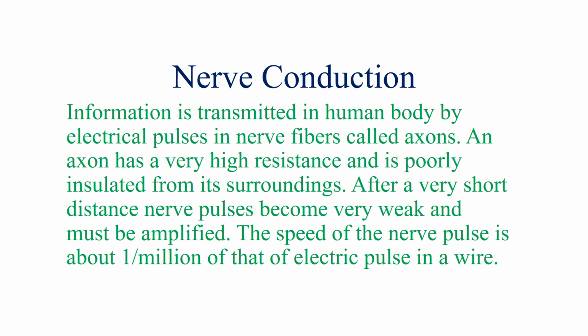In order to understand the functioning of our nervous system, we need to understand the nerve conduction. The information is transmitted in the human body by electrical pulses in nerve fibers called axons. The axon is a very important component of our nervous system. It transmits the nerve pulses from the neurons to the other